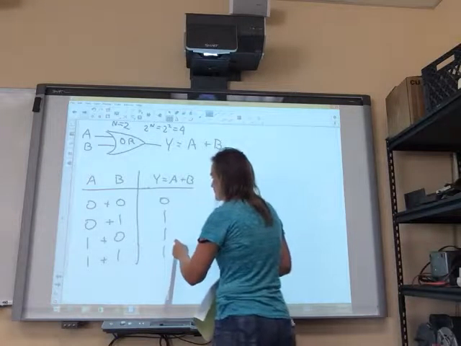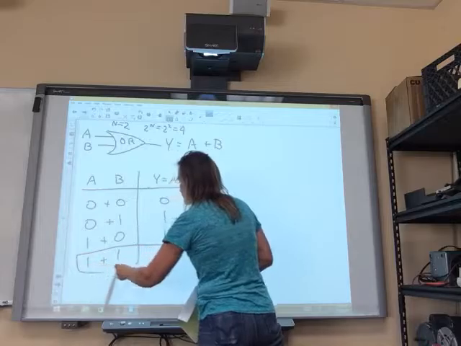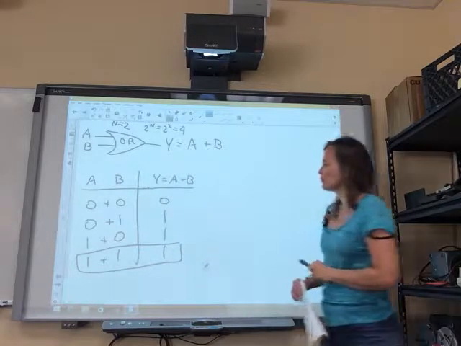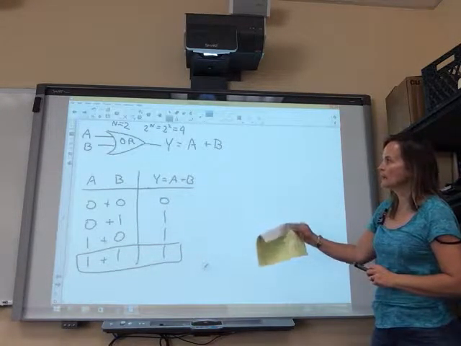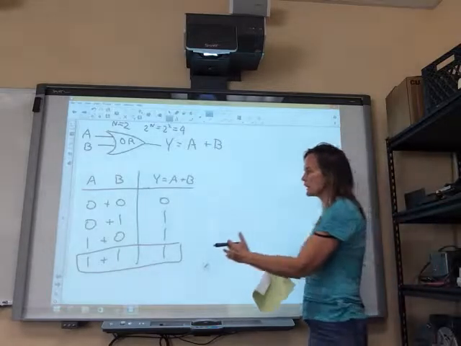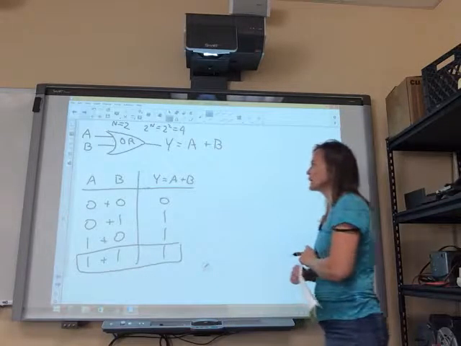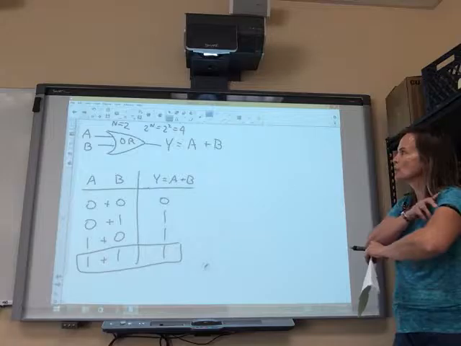But here it's just slightly different from your binary. But this is our OR gate. If either one is high or both are high, you're going to get a high. So that's our OR gate